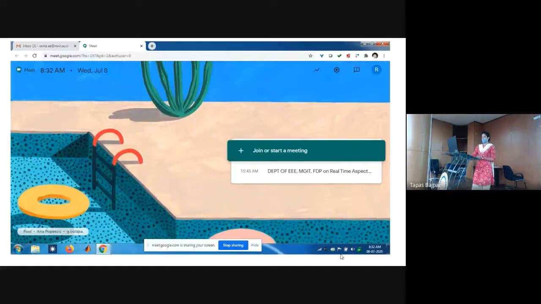And then next, it will open like this. So we can click join or start a meeting. When we click this, for joining or starting a meeting, it will ask for our nickname. This nickname is applicable only for a particular domain, like for the Amenity domain, we can use the nickname. Otherwise, we have to give the access code.